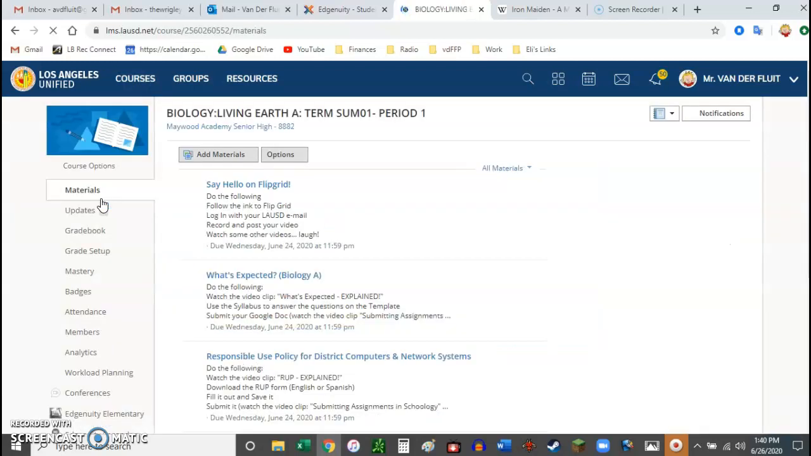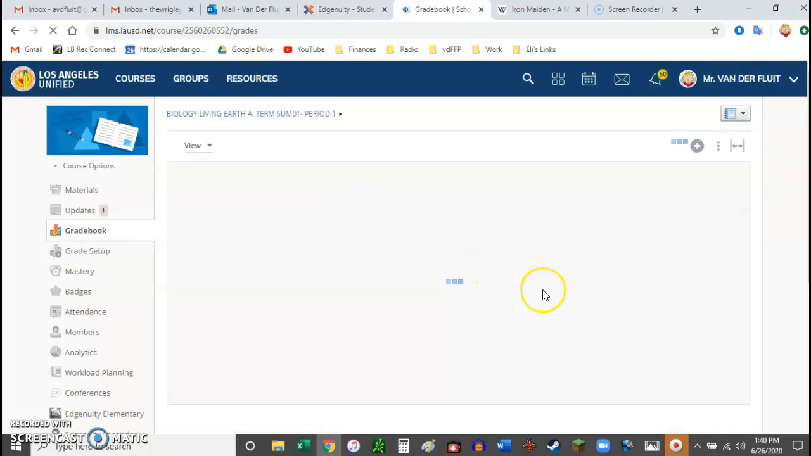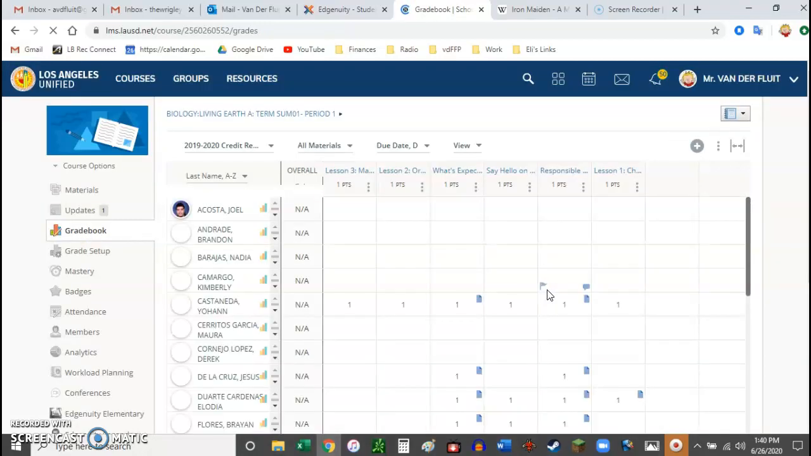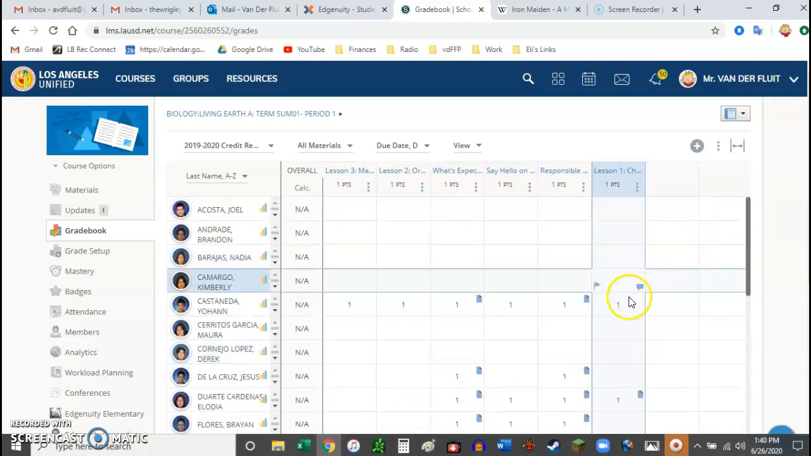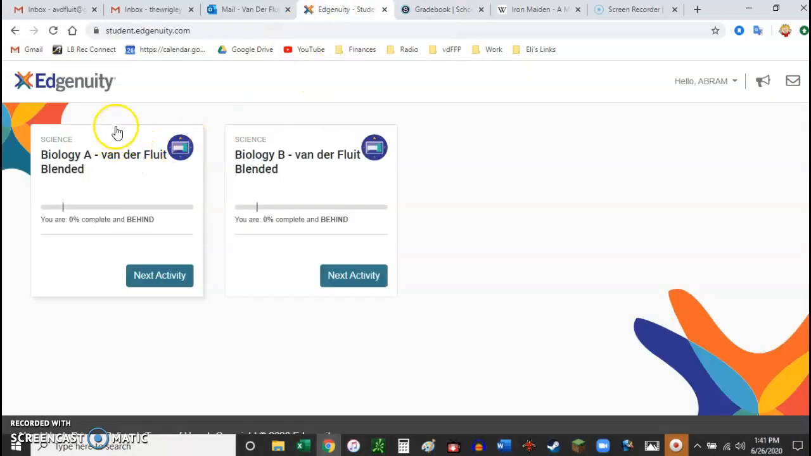If you look at your Schoology grades, you'll basically see blanks or ones, right? So you see there's just blanks and there's ones. I'm just keeping track of what you've completed, right? So a 1 means you've done it, a blank means it hasn't been done, okay? And you'll see your grades are NA, not applicable, because I'm going to get your grades off of the Edgenuity